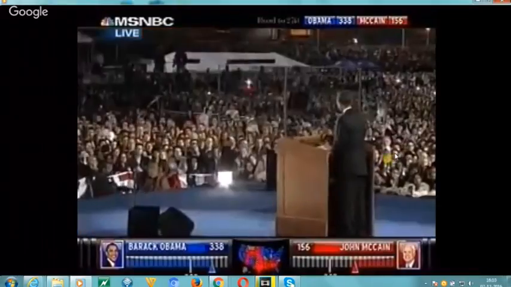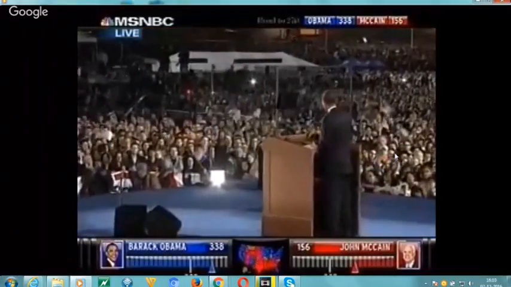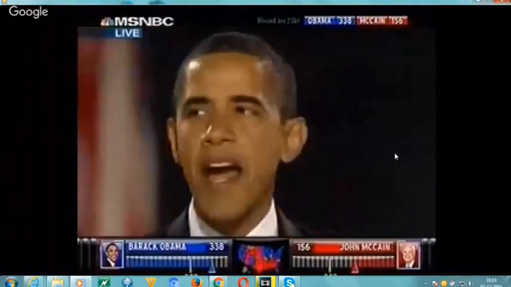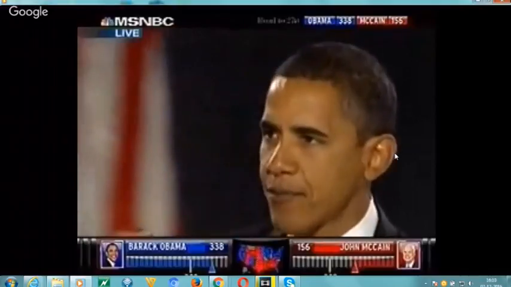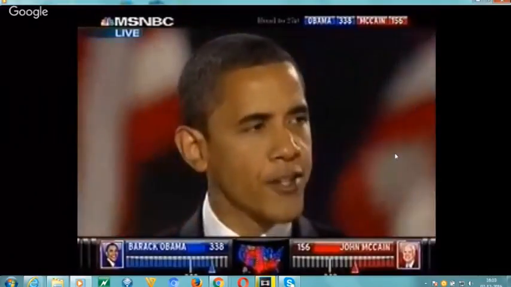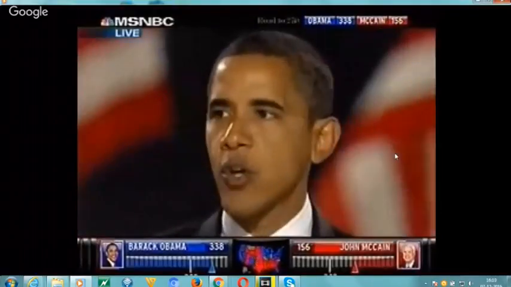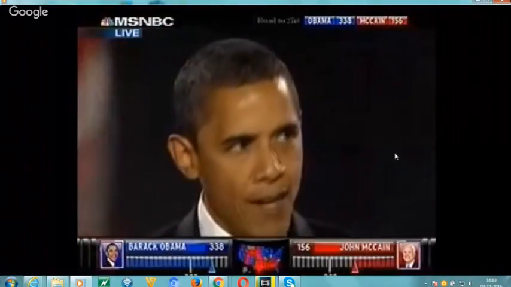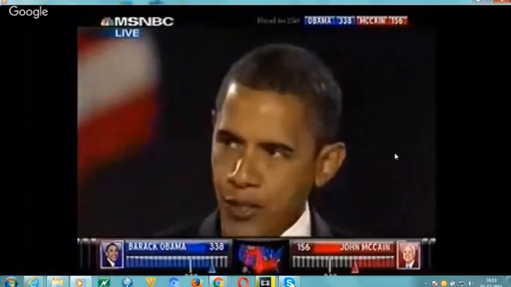To those who seek peace and security, we support you. And to all those who have wondered if America's beacon still burns as bright, tonight we proved once more that the true strength of our nation comes not from the might of our arms or the scale of our wealth, but from the enduring power of our ideals: democracy, liberty, opportunity, and unyielding hope.